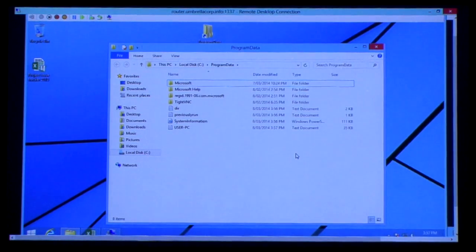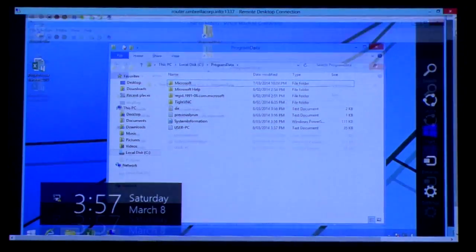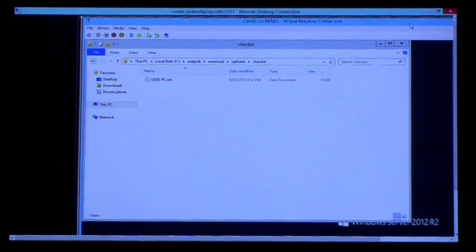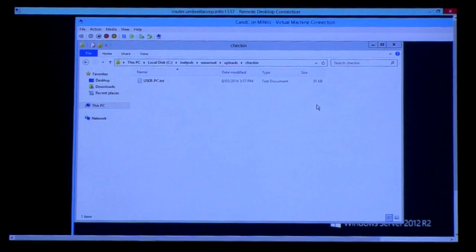So in a few minutes, we should see over here on my C2 server, let me just minimise this one. So we've now got on my command and control server a user pc.txt file. All of that PowerShell processing has just completed. It's bundled it all up in a text file and uploaded it to the web server. If we take a quick look in here,